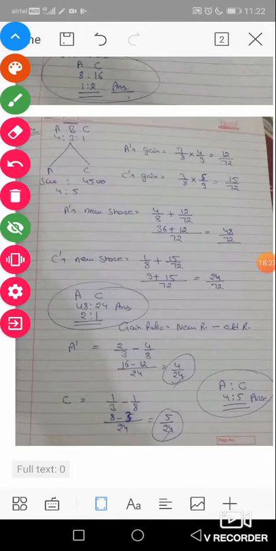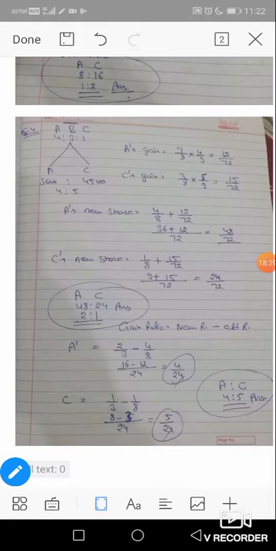Now start. The ratio of A, B, C is 4 is to 3 is to 1. B retired, and B sells his share to A and C. A pays 36 and C pays 45, that is 3600 and 4500, divided by 9, so the ratio is 4 is to 5. It means B sells his share to A and C in the ratio 4 is to 5.